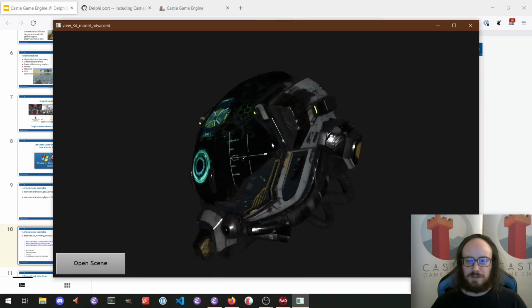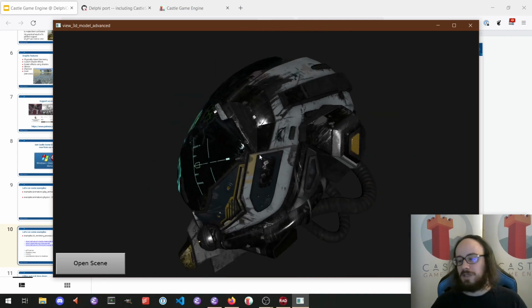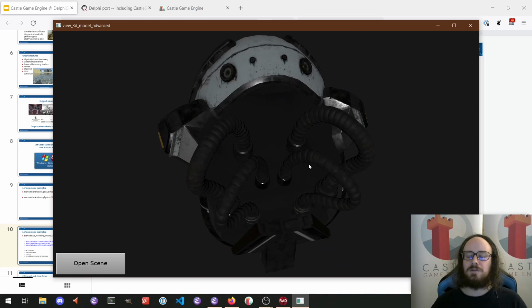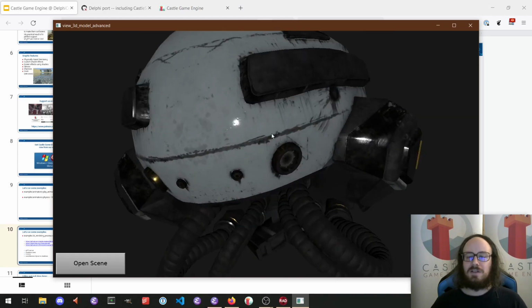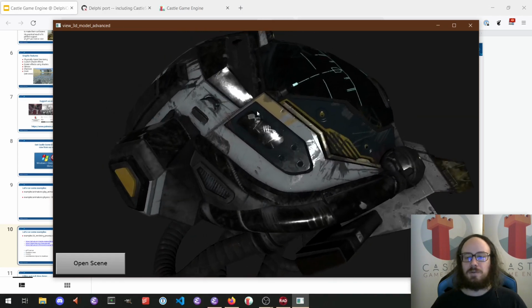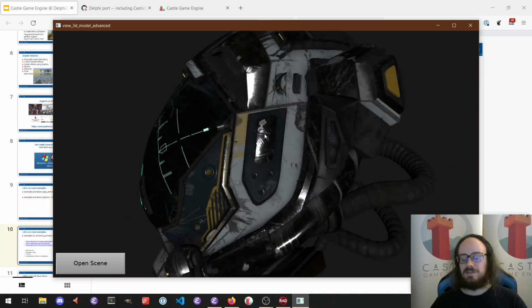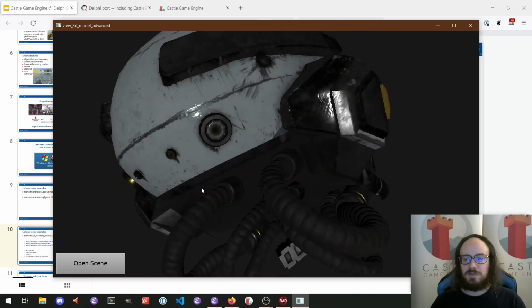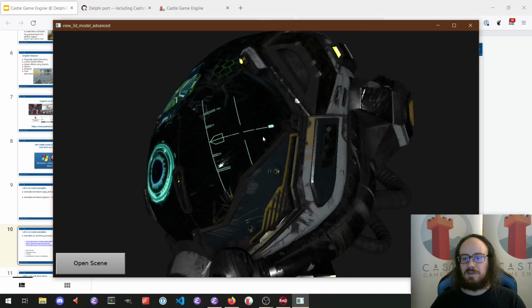Alright, and it looks like this. Oh yeah, and by default, I actually didn't mention, you have a default navigation method called examine. So you can instantly use your mouse to rotate your object. As you can see, the light that is shining by default is a headlight, so it's shining from our face toward the monitor. Yeah, the light works, the model works out of the box, and to code it yourself,